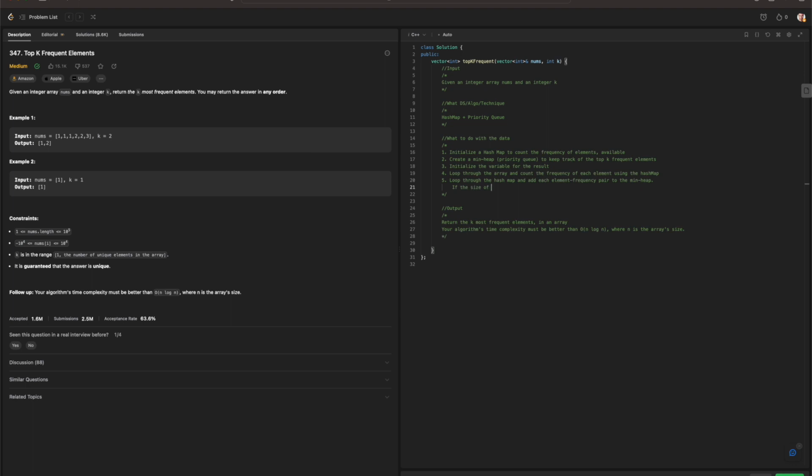If the size of the heap becomes greater than k, we're going to remove the top, the smallest element from the heap, hence a priority queue. And then we will also pop all the elements from the heap and add them to our result,